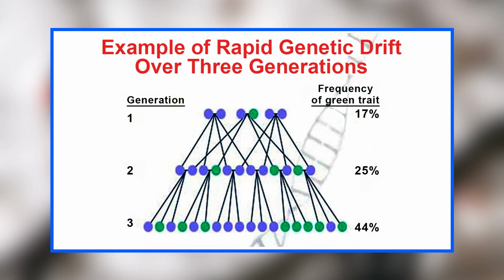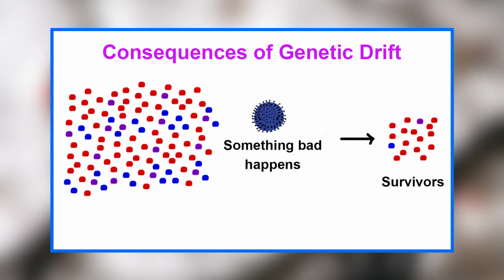Sampling error can cause more change in allele frequencies of small populations than the larger ones. In small populations, alleles are fixed more rapidly than in large populations, since the gene pool of a large population tends to be more stable. However, large populations are affected by genetic drift since they become small as a result of